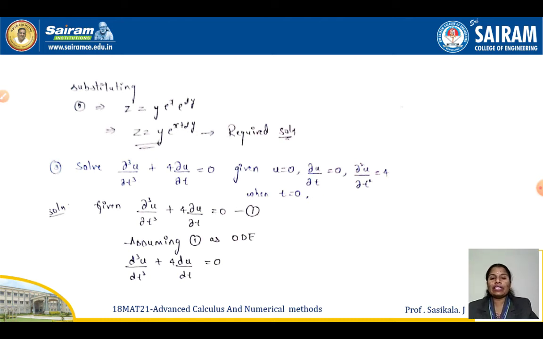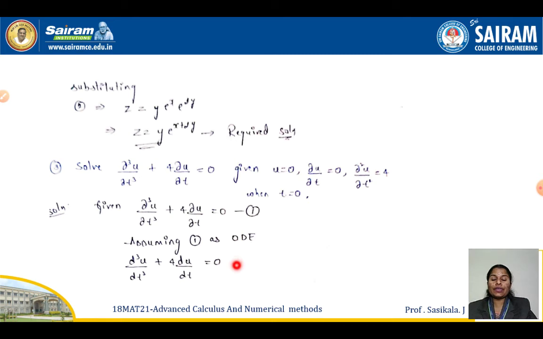So we'll go with one more, a little different, because it's used for u and t. So u is expressed in terms of t. As usual, it has a cube. The initial conditions are given: when t is equal to 0, u is equal to 0, dou u by dou t is 0, and the second order is also given. Because if you use a cube equation, a third order equation, surely there will be 3 roots. When you write the solution for 3 roots, there must be 3 arbitrary constants. For that reason the second order is also given, to get the arbitrary function values.